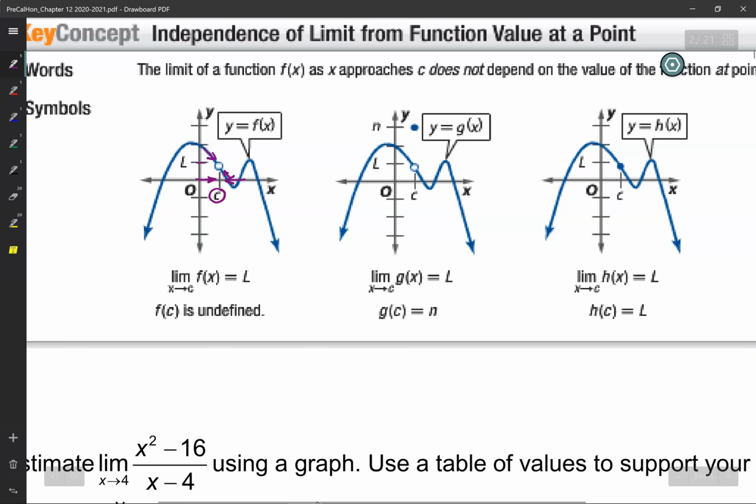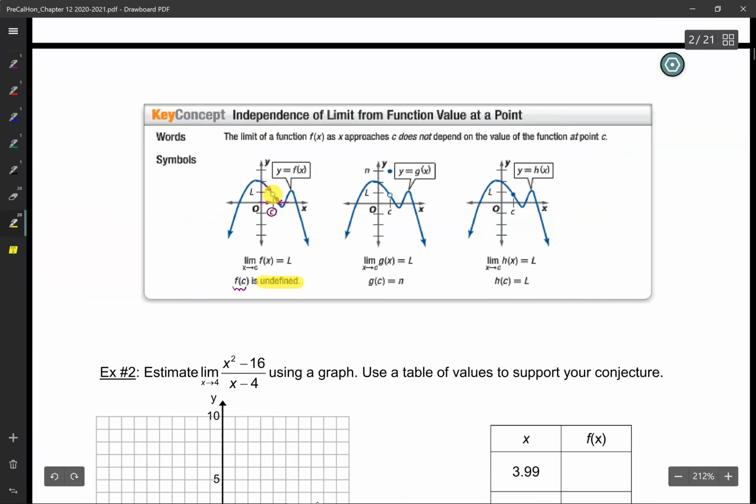But now take a look. What is f of c? What is the actual value at c? Well, there's a hole there. It's undefined. So even though there is a limit, the value at that point is undefined. Okay. Here,